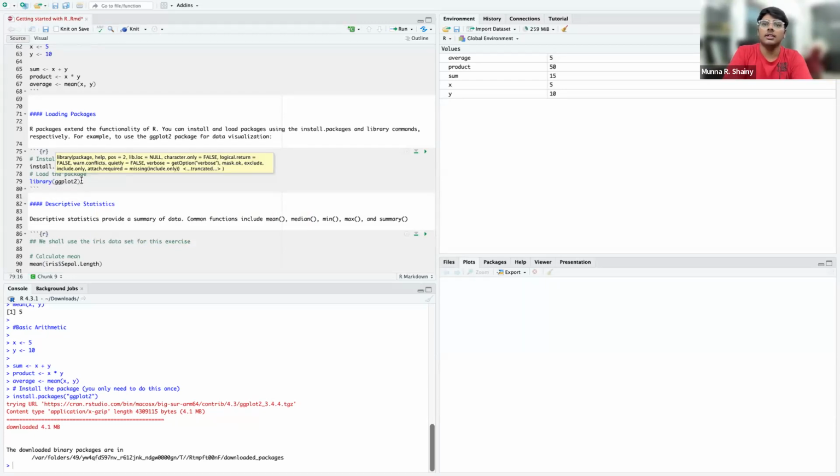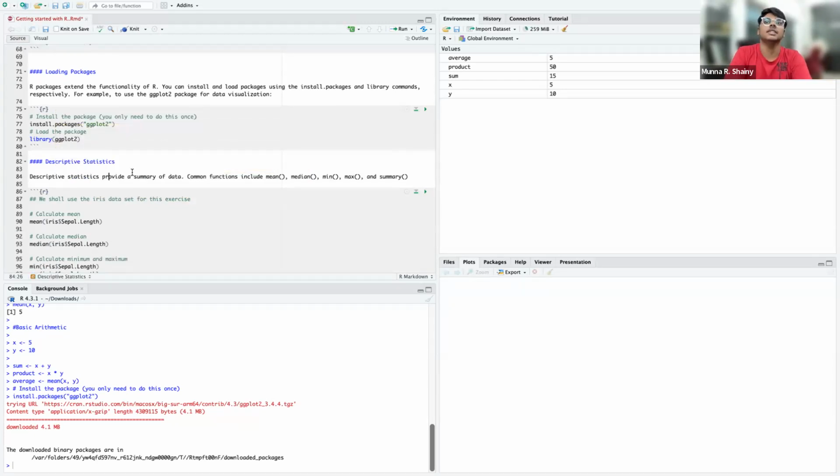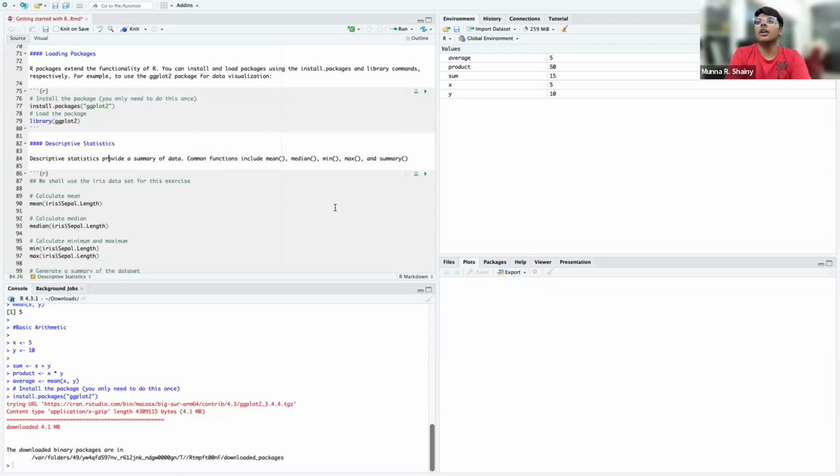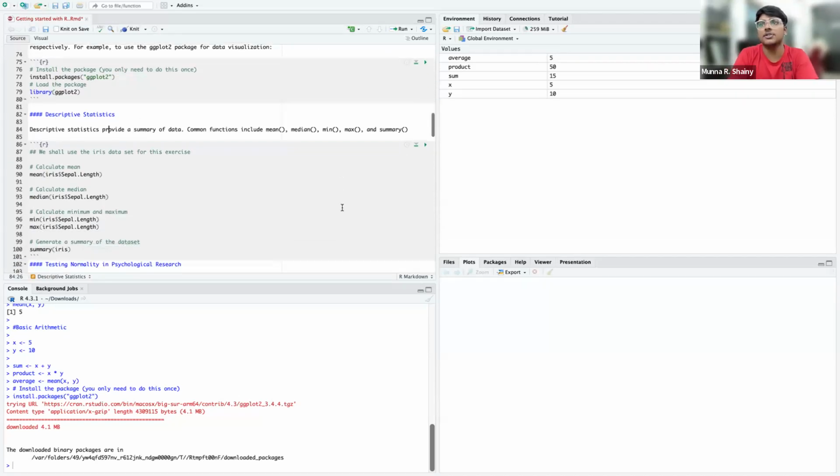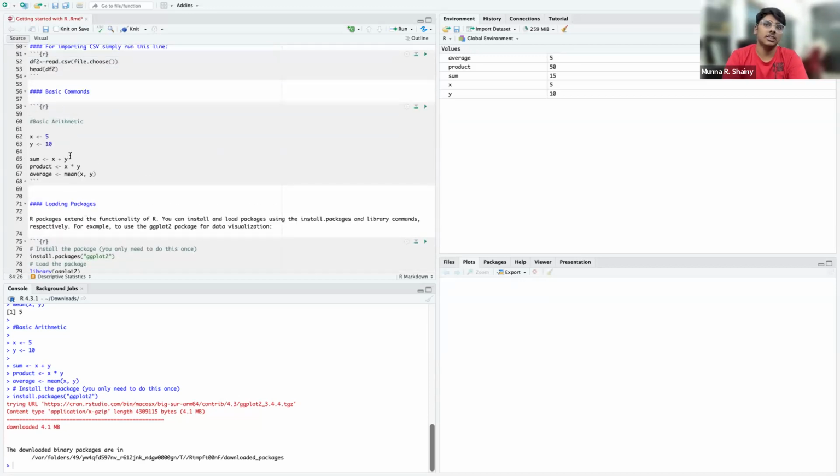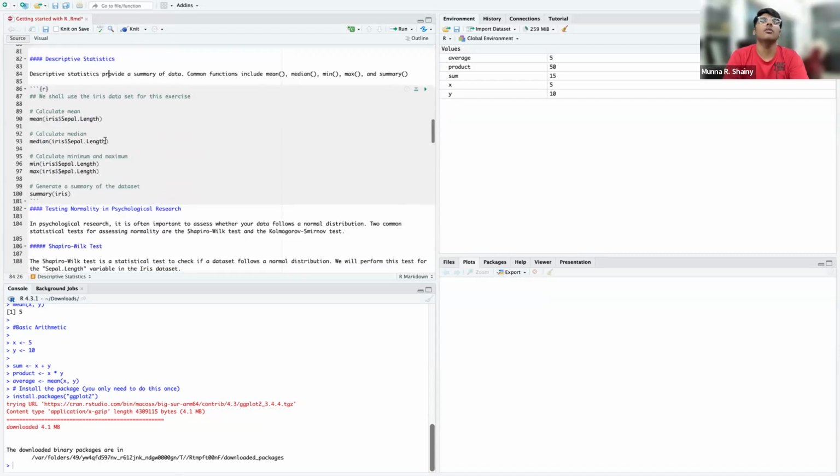Now I think I'll just move on to the next one, which is descriptive statistics. Since we all are people who are involved in research, learning some descriptive statistics first as a beginner would be really great in R. Just like how we did this basic arithmetic, we can also do a bunch of functions: mean, median, mode, minimum, maximum value and stuff. So first, this will be done based on the